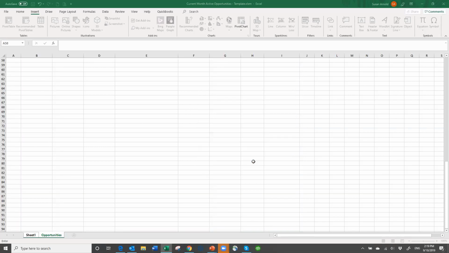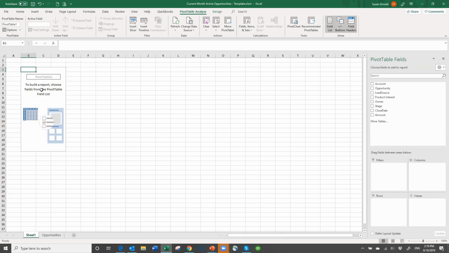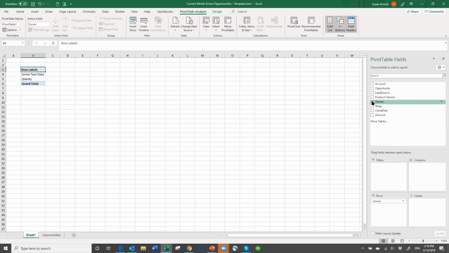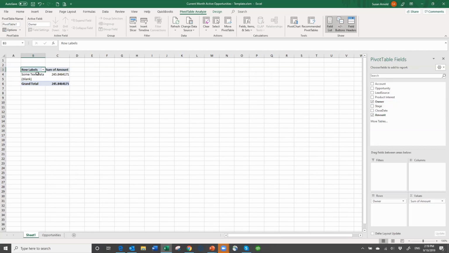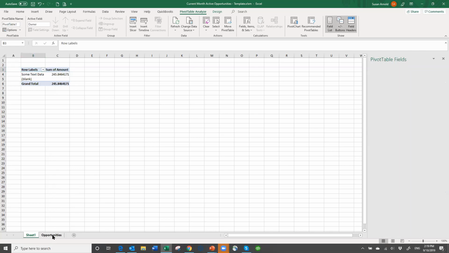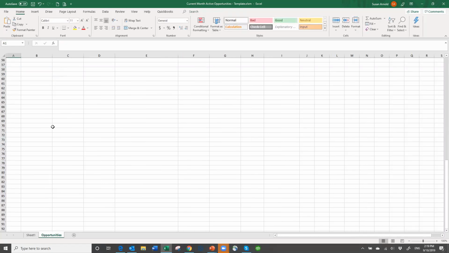So now I've got a pivot table here, and it has my column headings. So I can say, well, I want this to be done by the owner, and I want the amount. So again, it looks a little cryptic over here because I don't have any real data. So you're not totally certain what you're doing. So one of the things you could do is you can come back over here